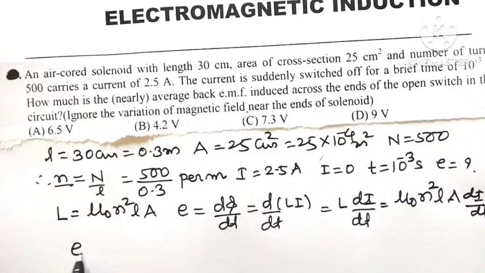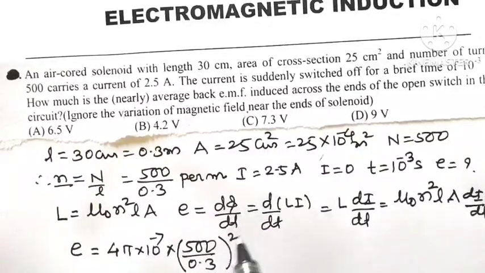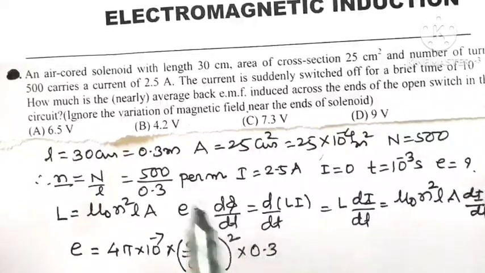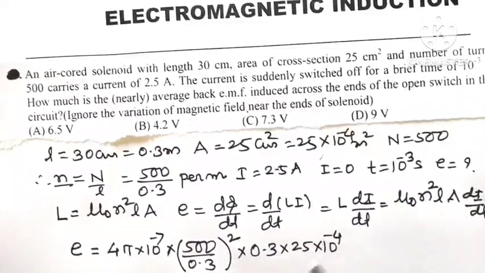So the back EMF induced is equal to mu 0. What is mu 0? 4 pi into 10 to the power minus 7, into n square, number of turns per meter, so it is 500 divided by 0.3 whole square, into length of solenoid, which is 0.3 meter, into area of cross section, which is 25 into 10 to the power minus 4 meter square, into